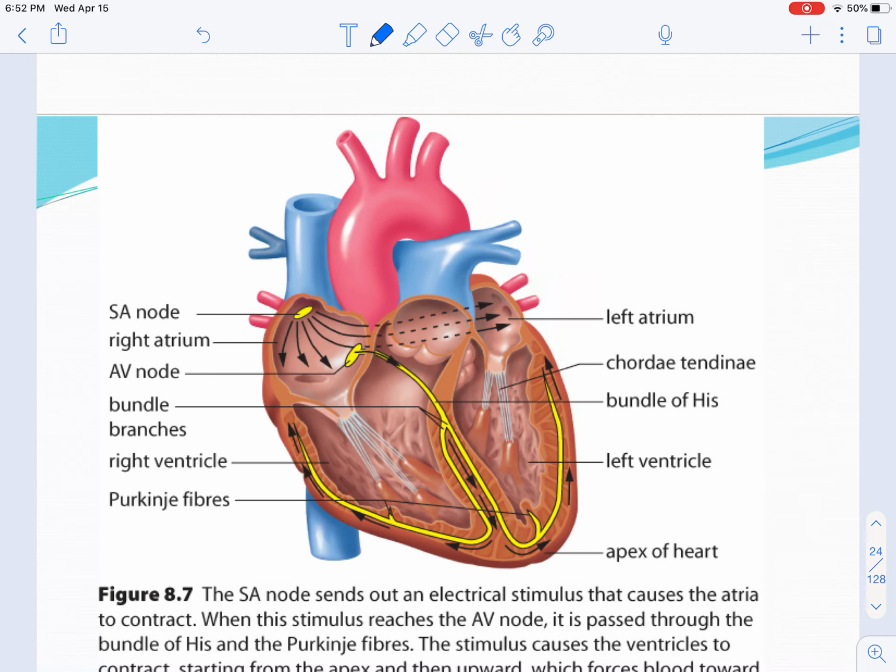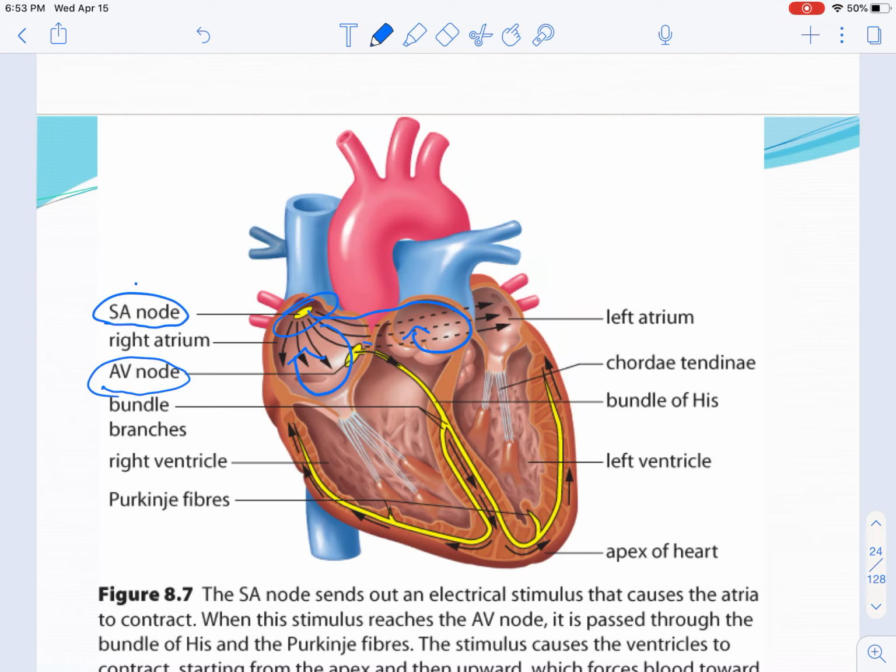We have two nodes that will conduct nerve impulses, and the first one is the SA node, which is also called the pacemaker, because it will start the beating of the heart, and the electrical impulse will actually surround the atria. This one's on the right atrium, but also the left atrium. Basically it's like if you squashed both your hands like two lemons, one in each hand at the same time. There is an impulse that basically contracts both atria at the same time, which then connects to the second node, the AV node,